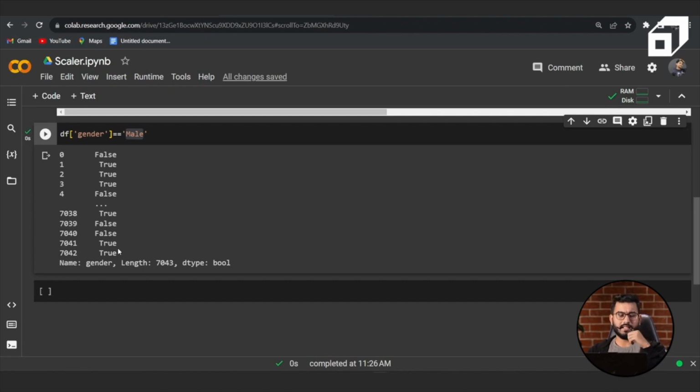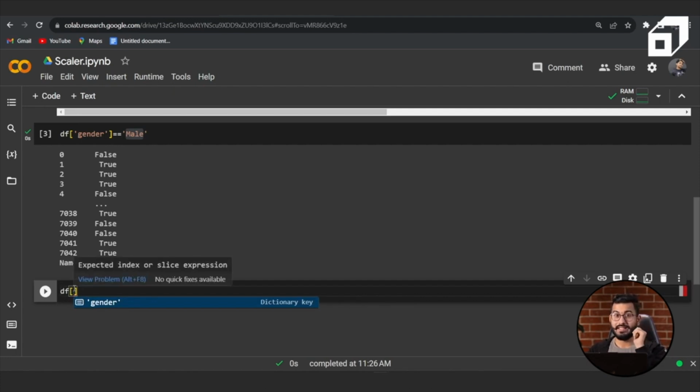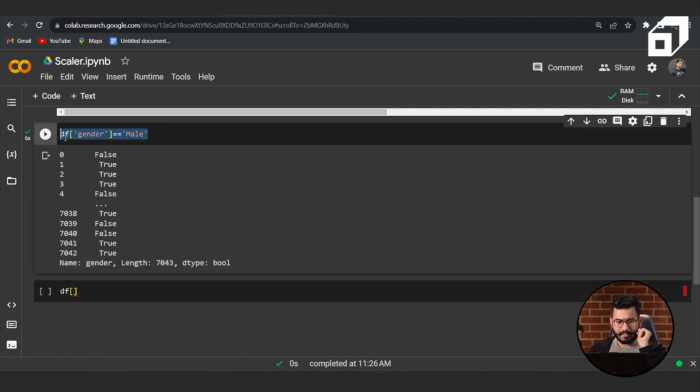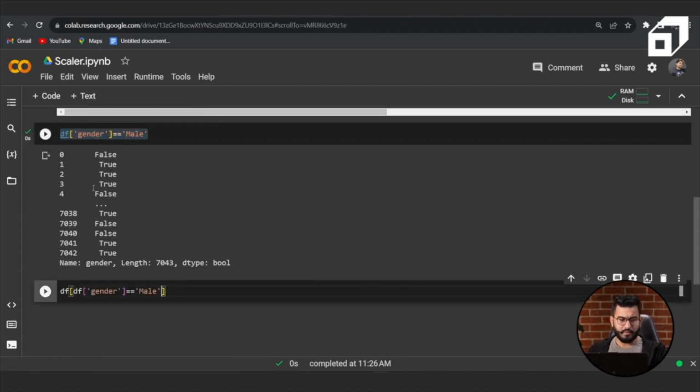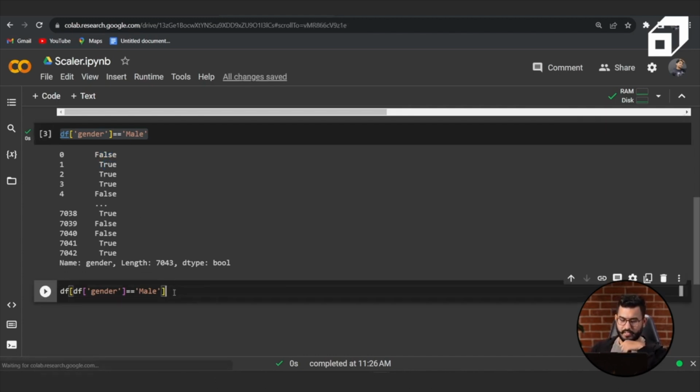But how to get the filtered data? So we will just simply say df square brackets. Now please remember these square brackets are used for indexing and slicing. So if I have to index my data, if I have to filter my data, if I have to slice my data, we use these square brackets. And then I will pass this condition within this square bracket. So wherever I have a false, I will not get that row. Wherever I have a true, that row will be returned to us. So if I run this,